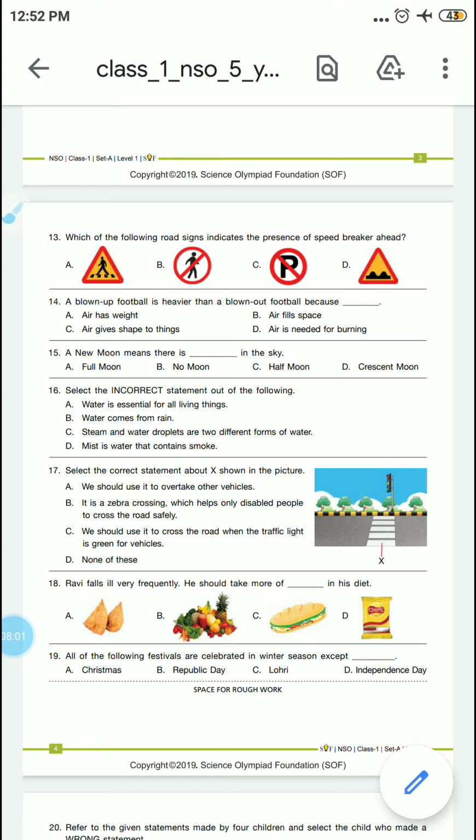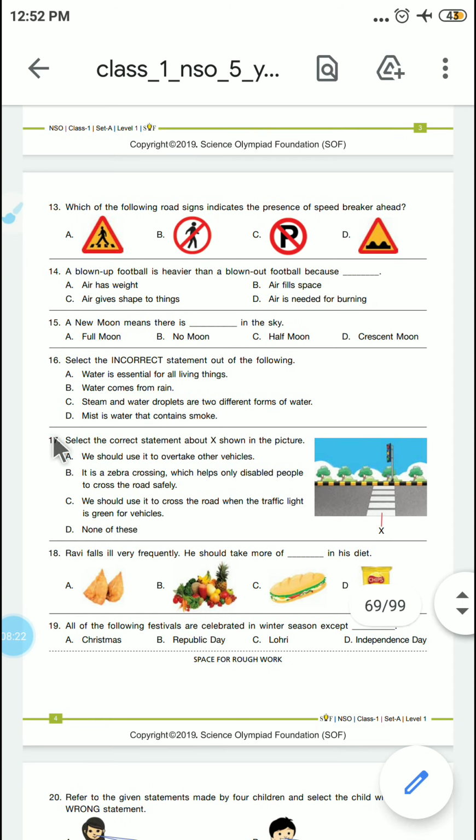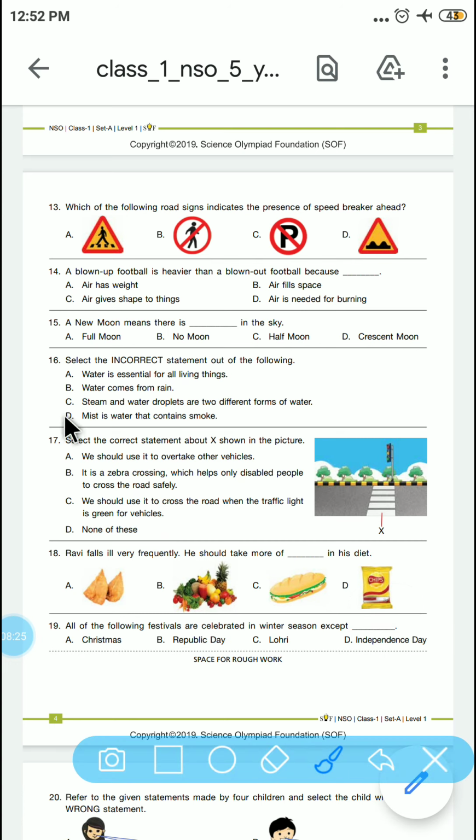Question. Select the incorrect statement out of the following. Water is essential for living things. Yes, it is a correct option. Water comes from rain. Steam and water droplets are two different forms of water. Mist is water that contains smoke. So which one is incorrect as per you guys? Of course, option D will be incorrect here. So the correct option is option D, because mist is not the form which contains